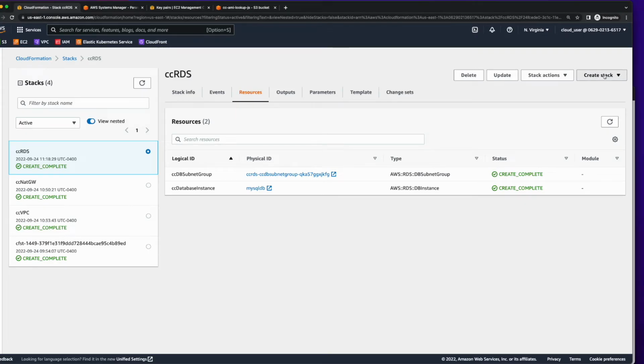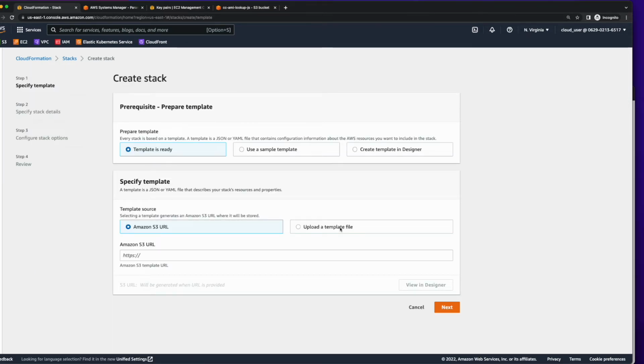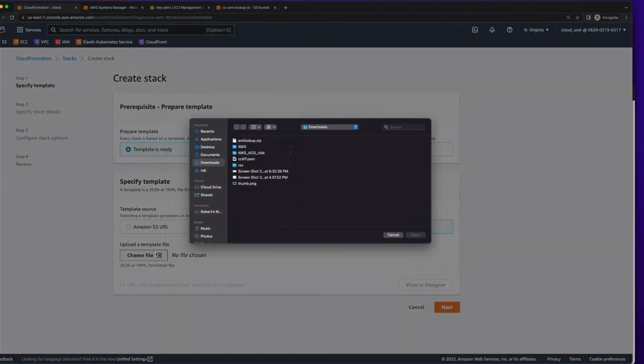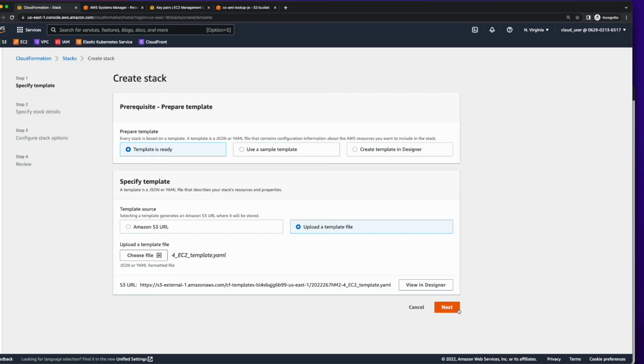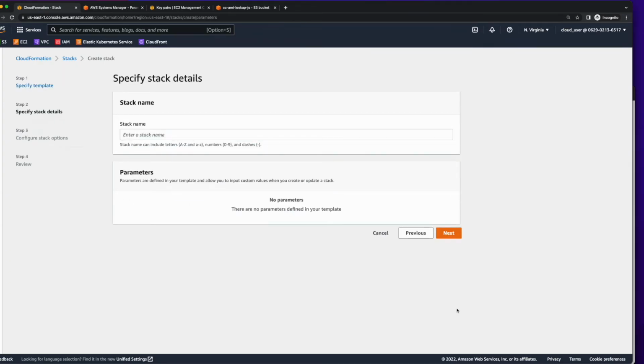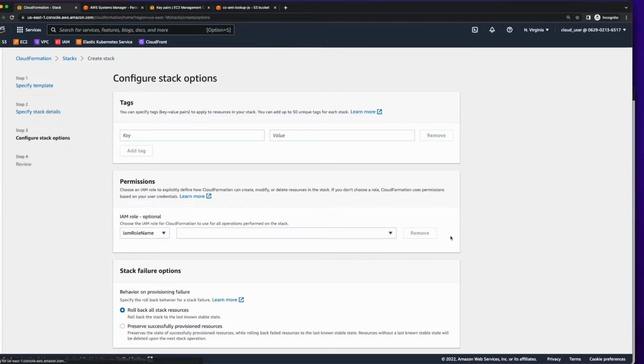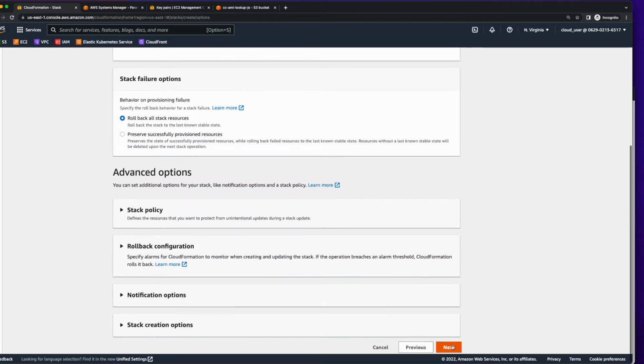To create this stack, I'm going to use the CloudFormation console. I'll click Create Stack with New Resources, select Upload a Template, and then pick the EC2 template YAML file. Then I'll click Next, give the stack a name, click Next, Next,